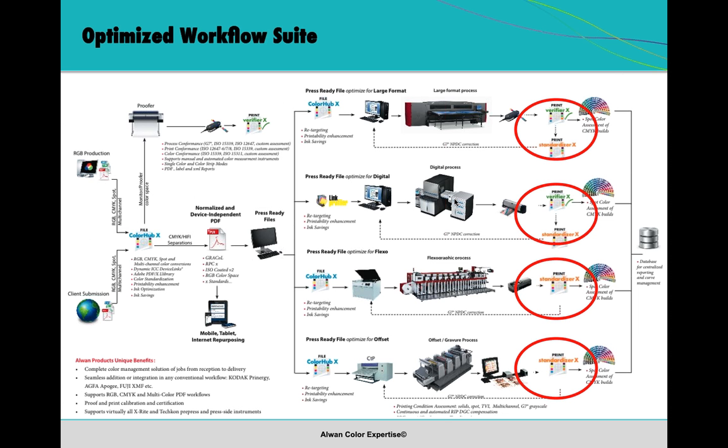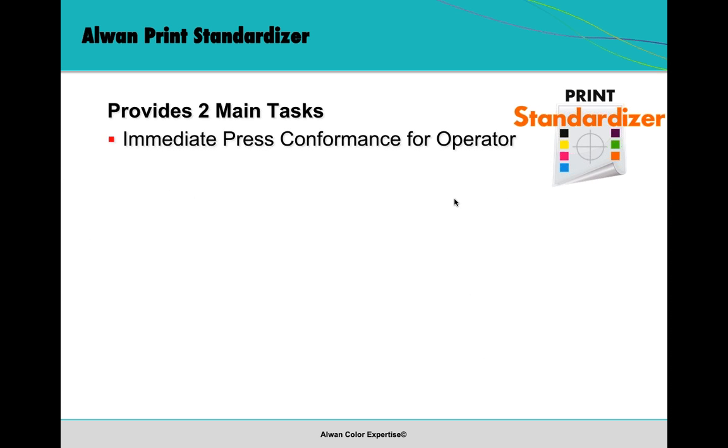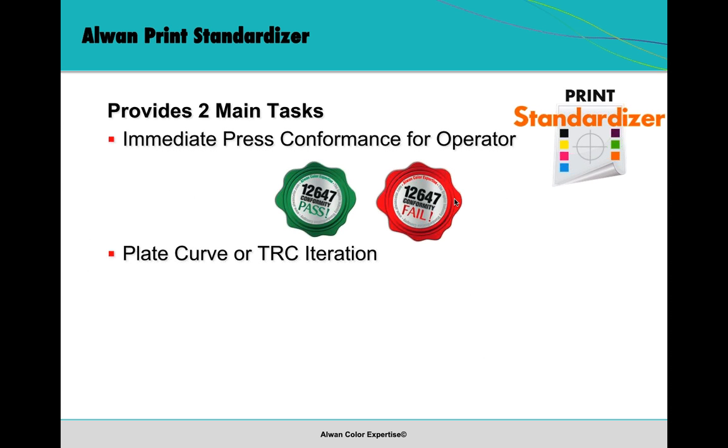And it reports back immediately telling you, yes, it does pass, or no, it doesn't. So in a way, it closes the loop. And back to the input, to ensure that the way the file is separated is the way the file is actually printing. So, Print Standardizer provides immediate conformance for the operator in terms of whether or not that device passes,